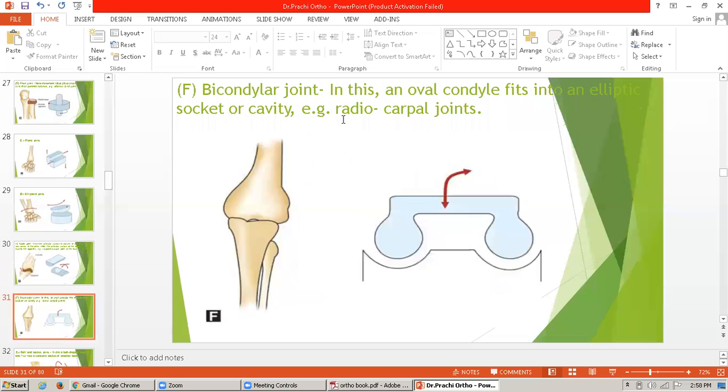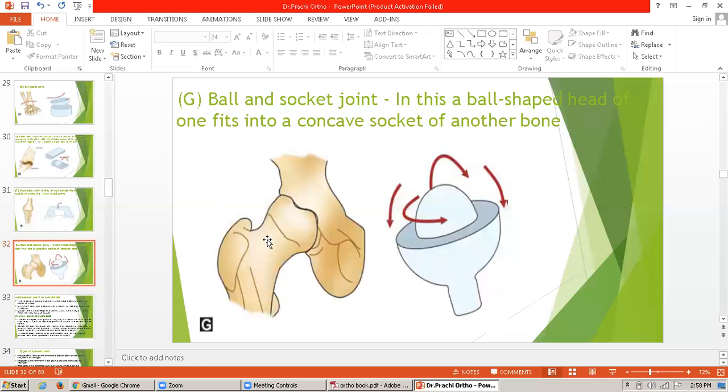Then bicondylar joint. In this, an oval condyle fits into an empty socket or cavity. For example, a radiocarpal joint. That this is a bicondylar joint, okay, and in that there is an oval condyle fitting into an empty socket or cavity, for example a radiocarpal joint. Then ball and socket joint. So in this,